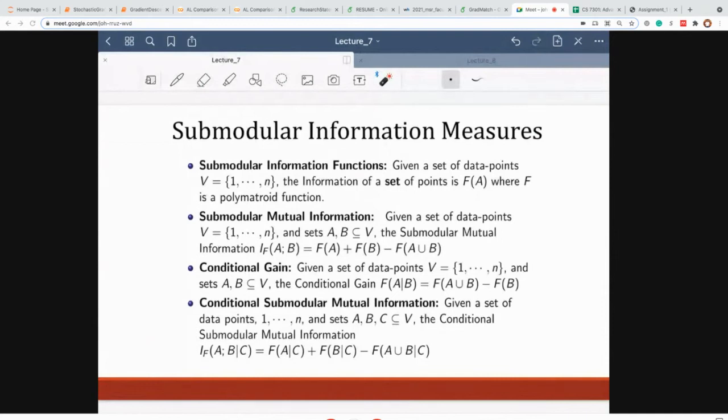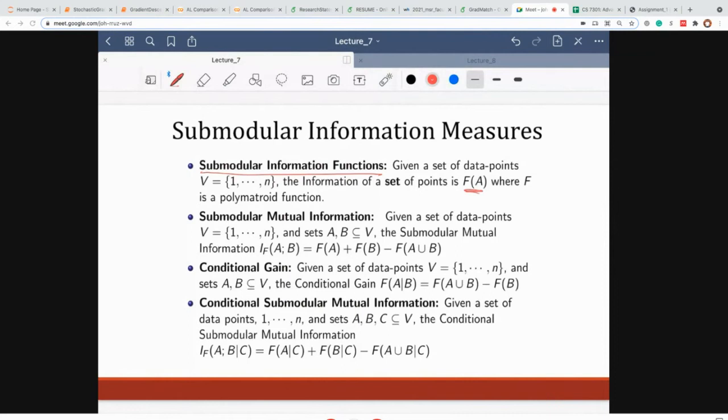Okay. So now, having defined this, we can come up with this generalization concept. Right now it's just a mathematical concept, so just bear with me. The idea is as follows. Submodular functions, or what I'm calling submodular information functions, are nothing but submodular or polymatroid functions over subsets. Given a set A of items, you can define f of A, where f is a polymatroid function. So this is the standard submodular information function.